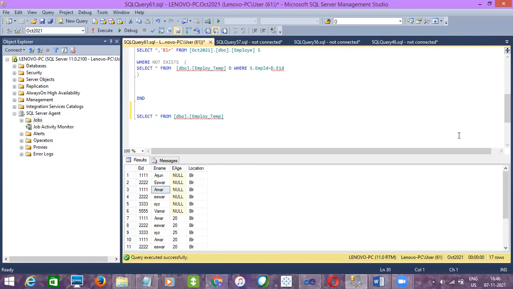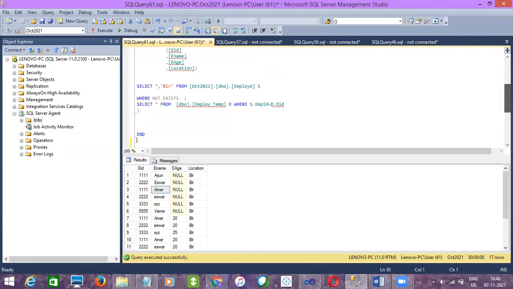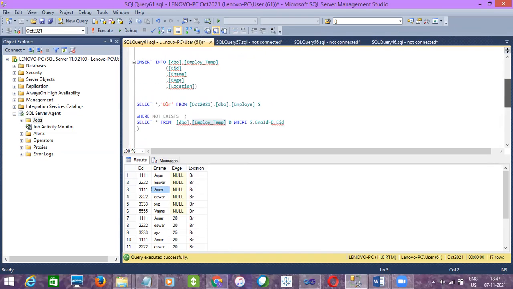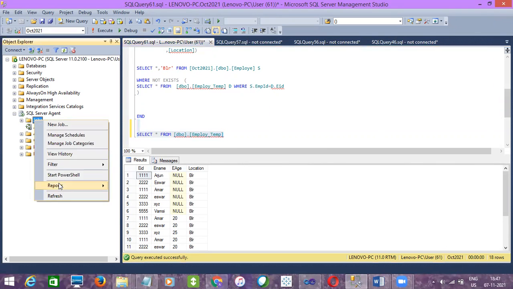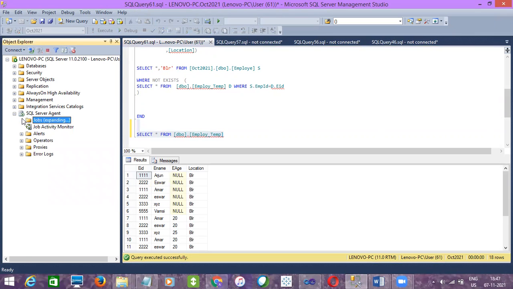See what exactly the operation is performing here. We are doing an incremental load, which means if the source has any records which are not there on the destination, only those records will get inserted. We'll see if none of the records load into the destination. We'll try to insert one which is not there on the destination and run the job again. So now it is 18:47. Refresh and expand it.